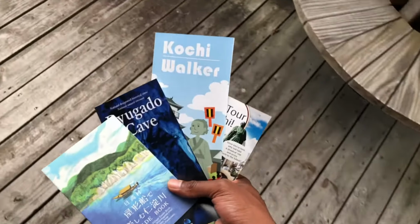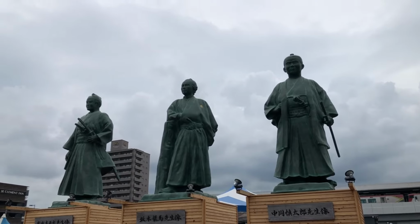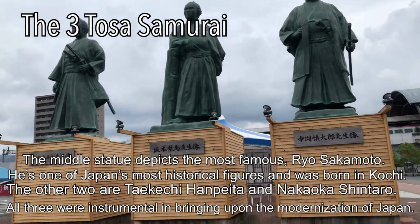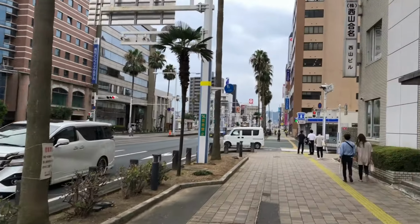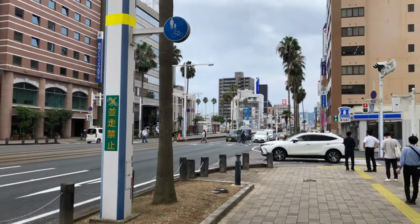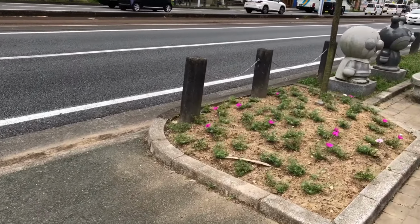Just left the visiting center, got a couple of pamphlets, give us a few ideas of things to do. Alright, we're here in the midst of Kochi City. Let's explore. These little statue characters here on the side of the street are from a very famous children's anime